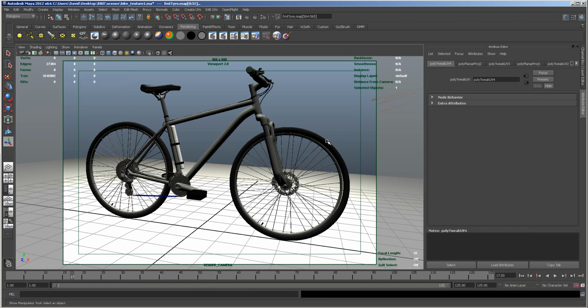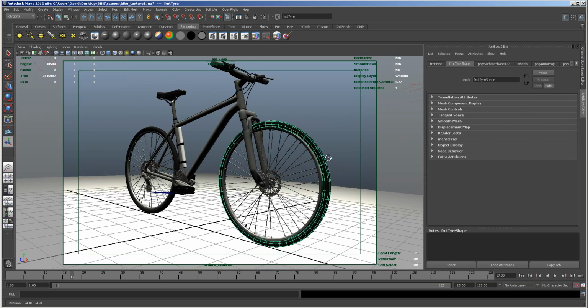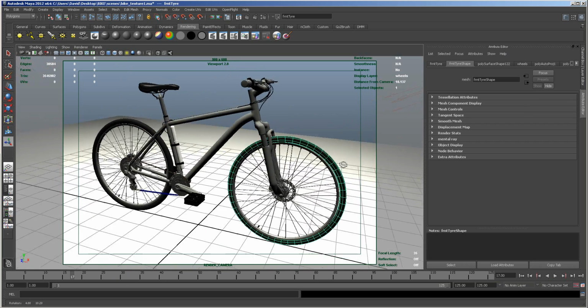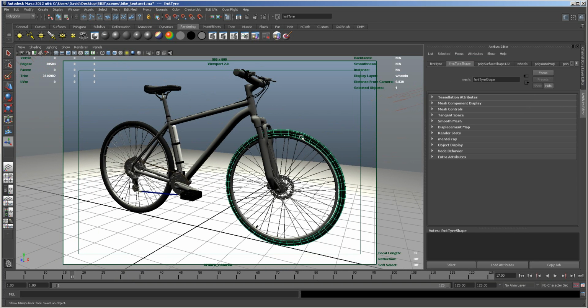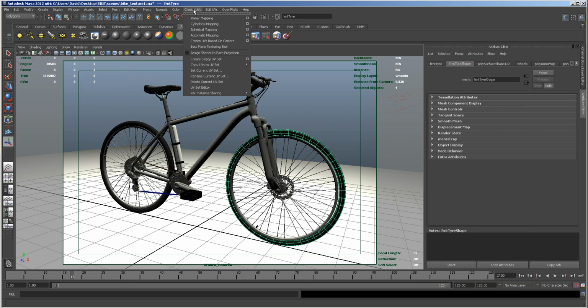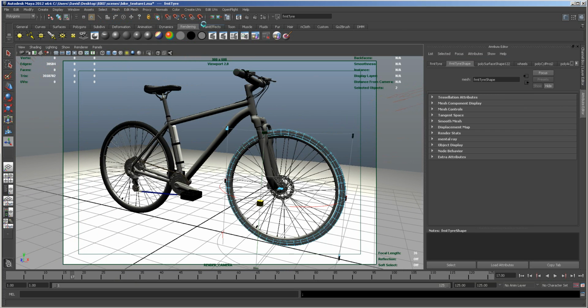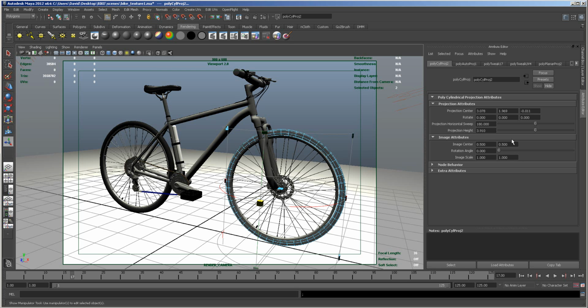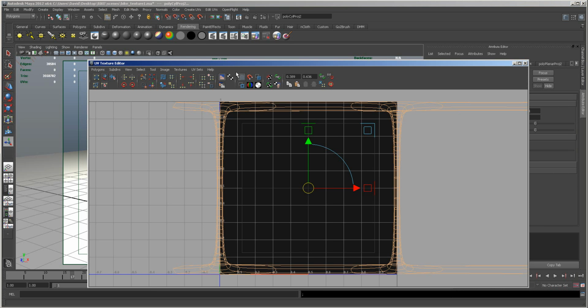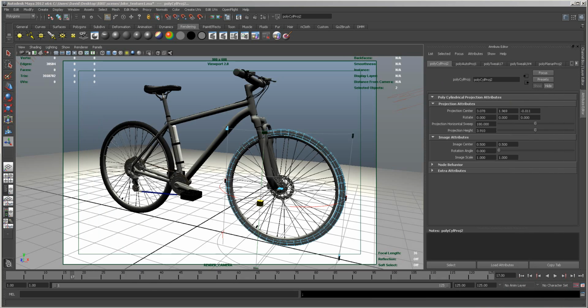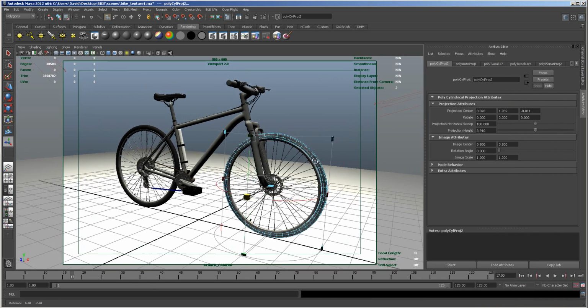UV unwrap. So we're going to start off by doing that. We're going to do a cylinder UV of this. So I'm going to go to create UVs and cylinder mapping. Just going to click that on there. Now if we come into my UVs, it looks a mess, but we're going to change that, because what I'm going to do